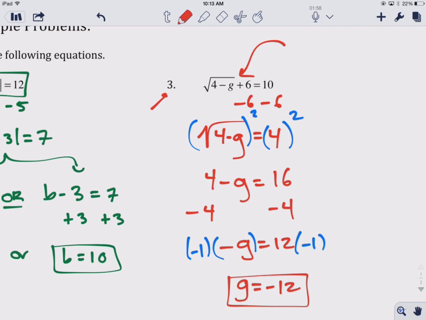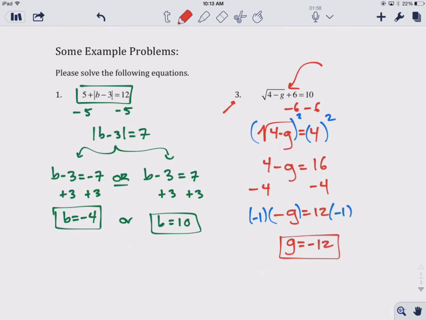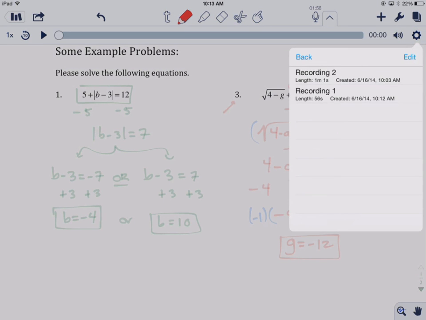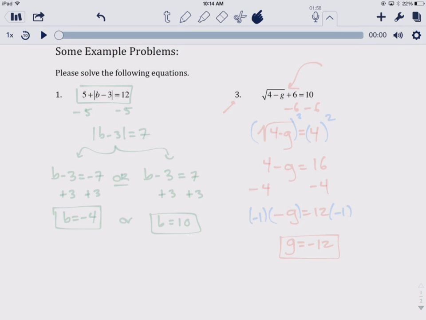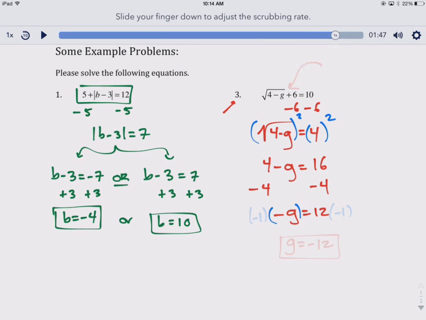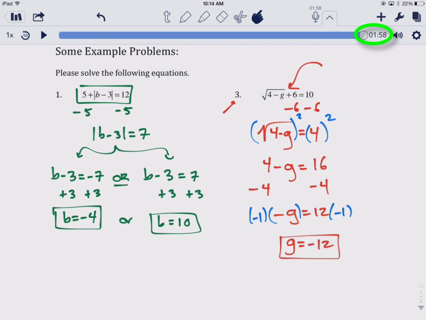Again, I just press that microphone button to stop that recording. And what happens is now those 2 recordings are going to be back to back in our grader if we were to play them all together. And if we look back into our recordings by pressing on this cog button, manage recordings, we now have 2 recordings here. If we wanted to press play now, we would see our first recording all there, and then it would immediately transition right into the second. So we have a total of 1 minute and 58 seconds worth of recording